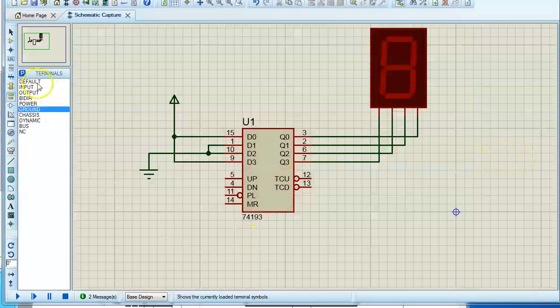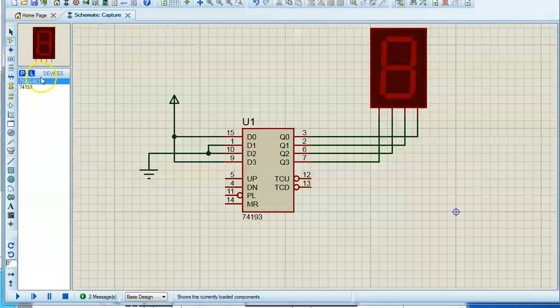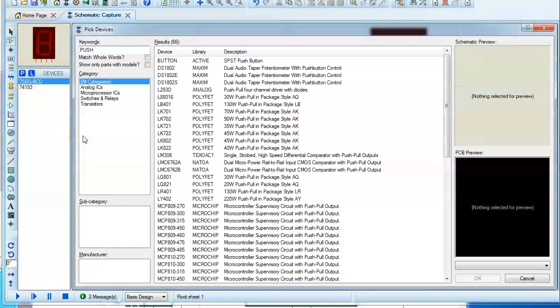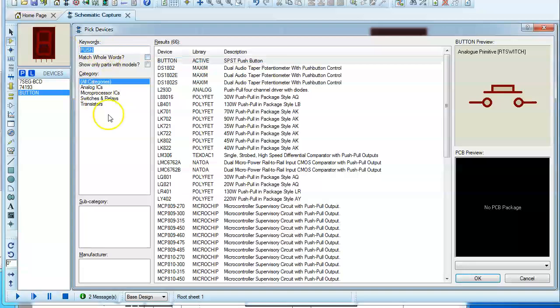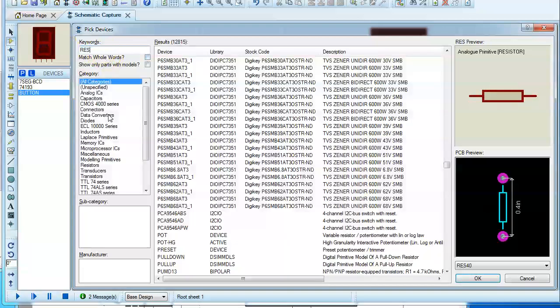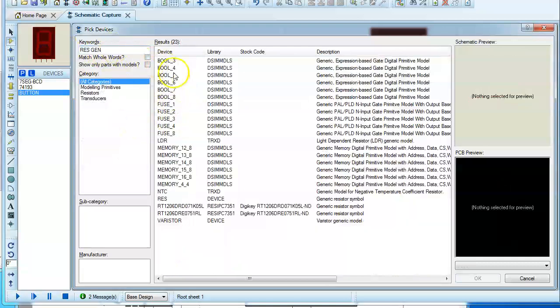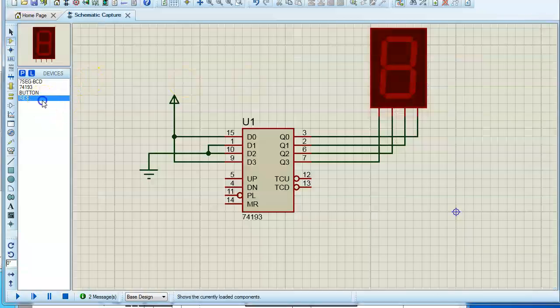For that purpose, I am trying to take some components from here, especially the push button, and it's better to have a pull-up resistor. So let me take a resistor as well. The resistor has to be connected to power, that means pull-up.